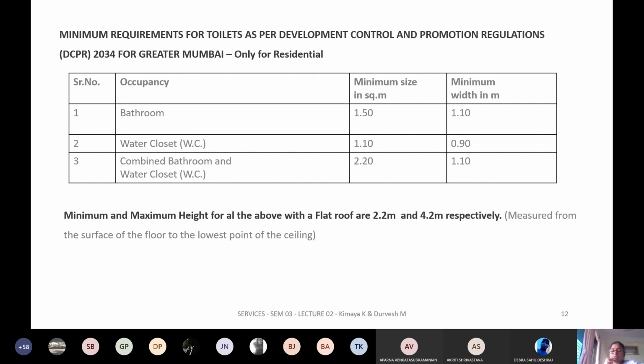You can definitely go more than this, but you also need to understand as architects, toilets are occasionally used spaces. They don't become a major space within the house that you design for. So you can't over design a space, because there's a lot of cost component that goes into it, and also the usage of the space. Whenever a person is going to put in money to buy a house, they will try to maximize the usable space apart from the service spaces.